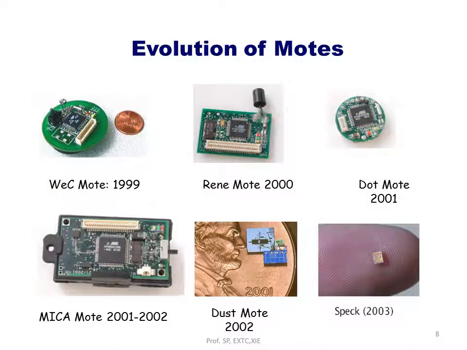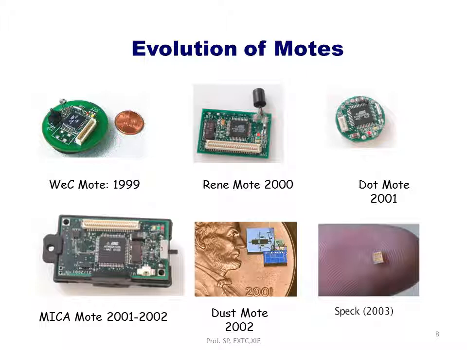Now this slide shows us how the evolution of motes took place. In the previous slide we saw the size of this mote. Now here you can see how the evolution took place, and the size of motes is becoming smaller and smaller. The first one is in comparison with a coin. So you can see and find out how much the size of a mote is. Whereas in the last image you can see it is kept on a fingertip, and you can see the size of this mote.